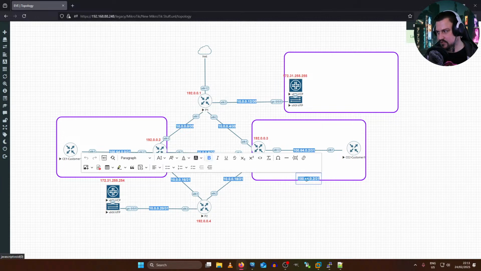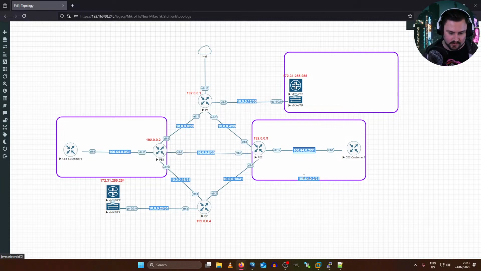Customer might have their own subnets, but that's also the cool thing with layer 3 VPNs. Since they're in their own little cloud, their own VRF, they can have whatever private IPs they want. And if another customer is using those same private IPs, it doesn't matter because they're in their own VRF, they're in their own cloud. That's what allows us to have all of these awesome overlapping IPs, because the service provider network doesn't care about it. The service provider just sees the VRF. It doesn't care about your private IPs, although it will see it, but just to make sense of it.